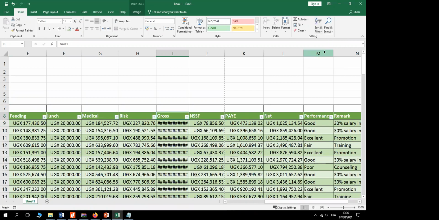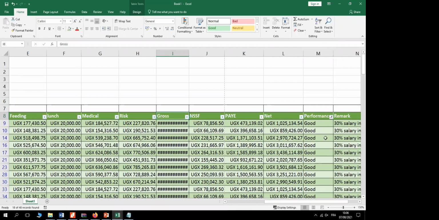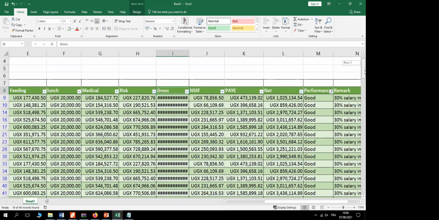Now I only want people whose performance is good, for example. So under performance, I will deselect everything and then only select what I want. Once I click OK, only those whose performance is good will show. Right now you can see that I have how many rows? Oh, I think I even have,